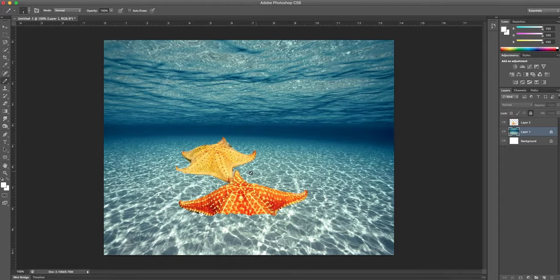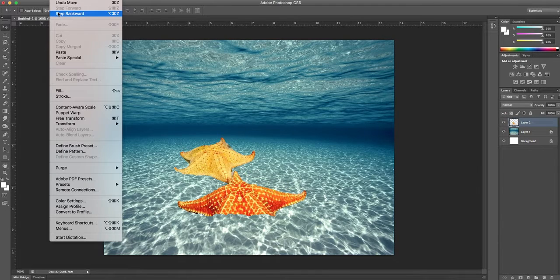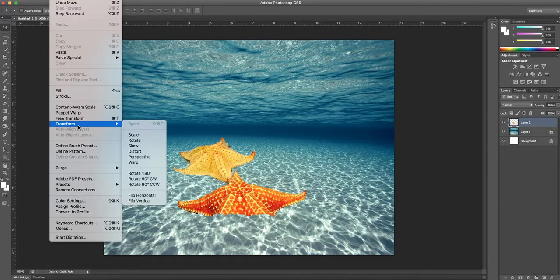But let's say now we want to start resizing these starfish. I'm going to click on layer 2 because that's the layer with the starfish. And again, if I go to that Move tool, I could still move these around. But what we want to do is resize it. So if you go up to Edit, I know you can't see that on the screen, but it's up there. If you go to Edit, Transform, Scale,